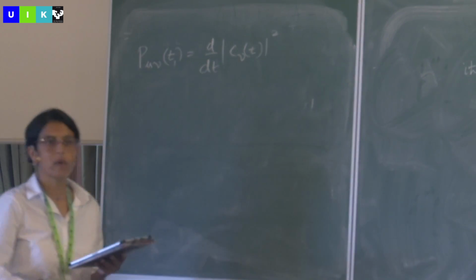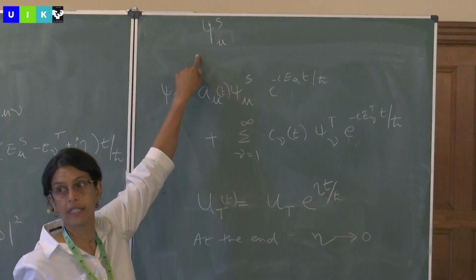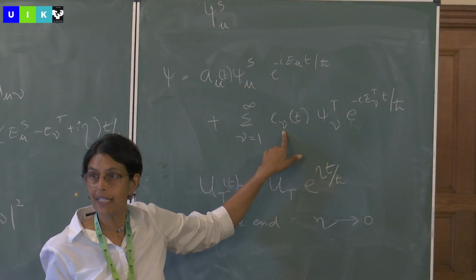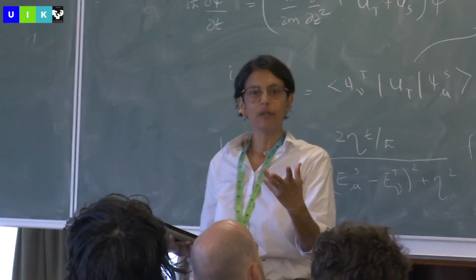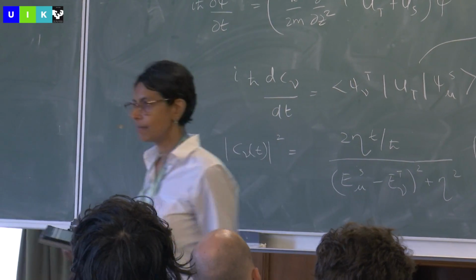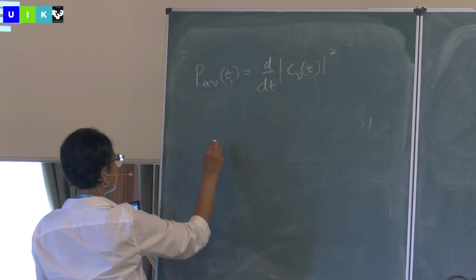Right? What is this tunneling probability? The tunneling probability is you start with this electron in state mu on the sample, and the C mu t gives you the probability of tunneling into a state nu on the tip. Okay, and that is just this, and that's equal to